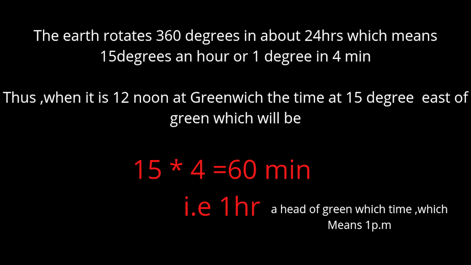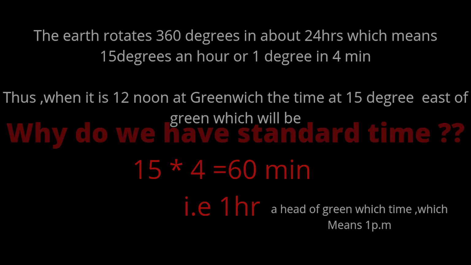Next topic is why we have standard times. The local times of places on different meridians differ. For example, it would be difficult to prepare a timetable for trains which cross several longitudes. In India, for instance, there is a difference of about 1 hour and 45 minutes in the local time of Dwarka and Dibrugarh. Dibrugarh is in Assam and Dwarka is in Gujarat. So there will be a difference of 1 hour and 45 minutes.